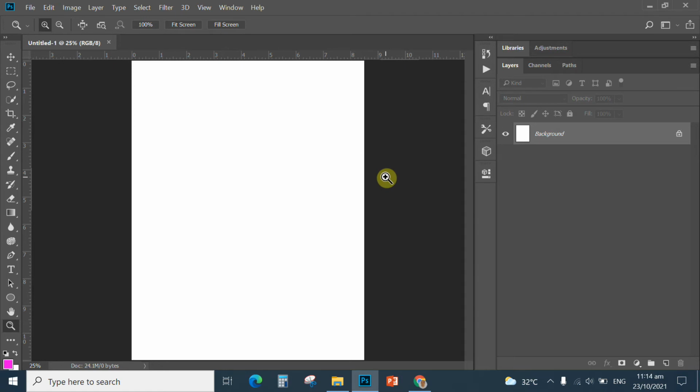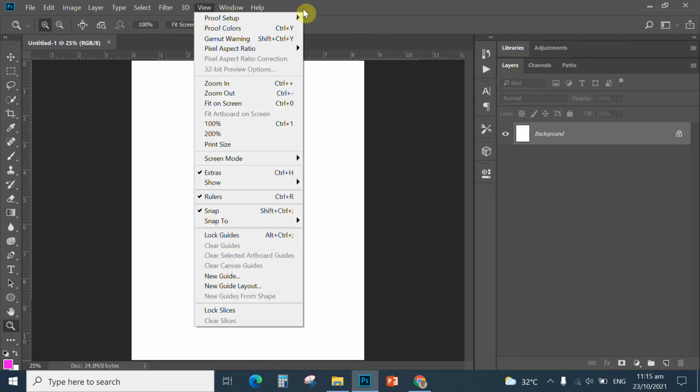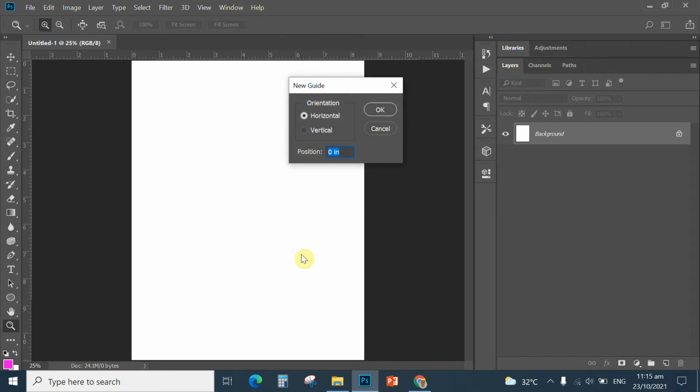Okay, first you need to insert a guide at the center of your canvas. So to insert a guide at the center of your canvas so that you can make a logo which is perfectly centered vertically and horizontally. So you click the view and then you click new guide, and then another strategy to insert a guide is